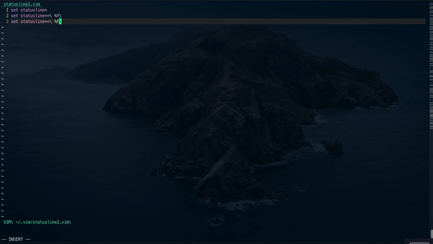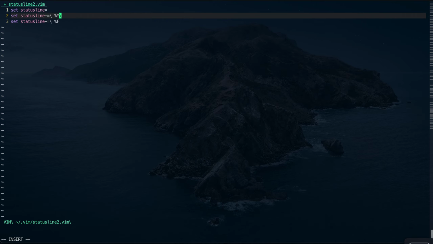Don't actually need that afterwards at the moment. I'll show you when we need it. There we go. So the first one is the file type, and then I make it a bit thing. Okay, so if I do this,